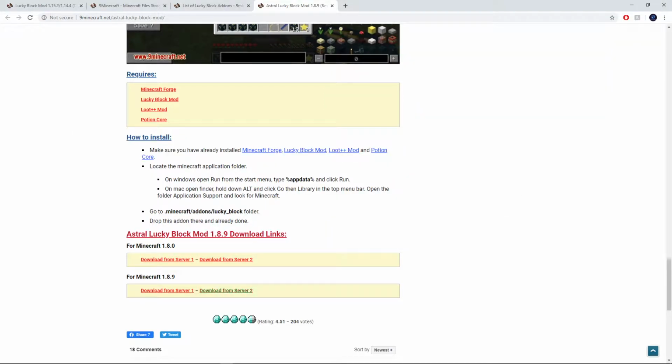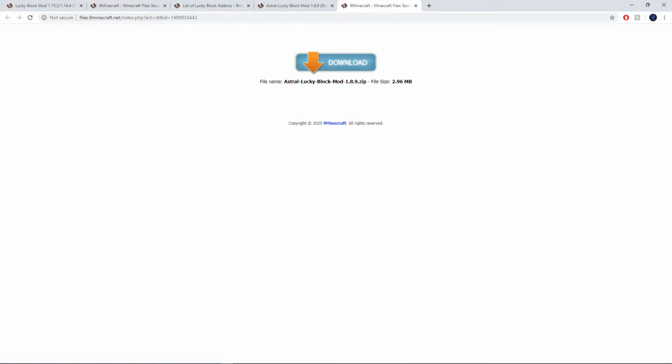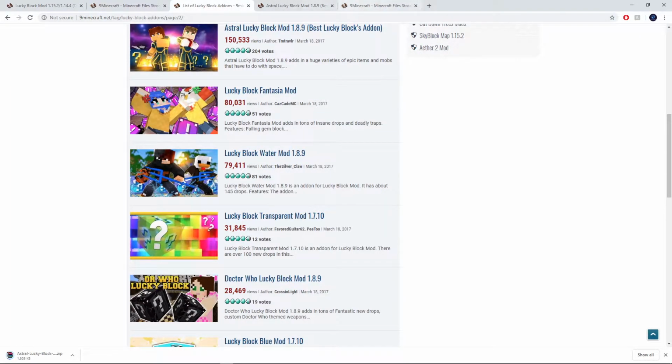then you're gonna want to install this. Hopefully this works from first try. Yes, it did. Now I will warn you, from this area that I'm gonna send you, or in CurseForge, wherever you're gonna install the Lucky Block mods,